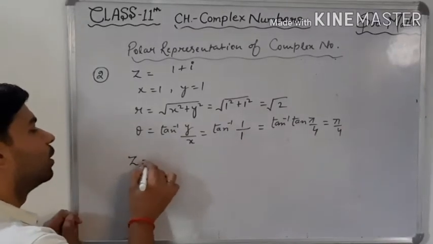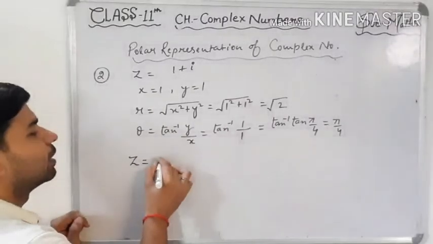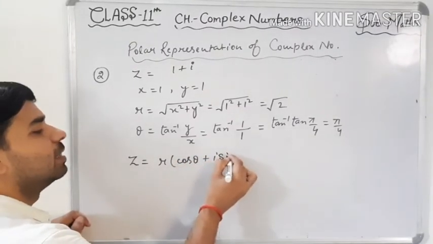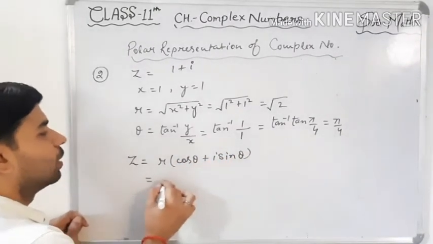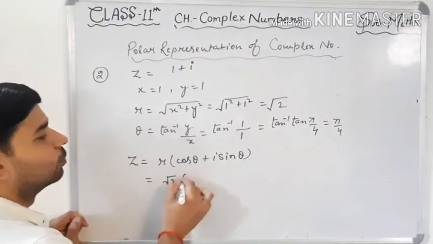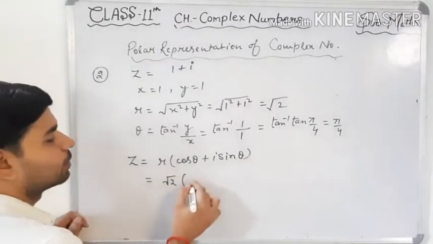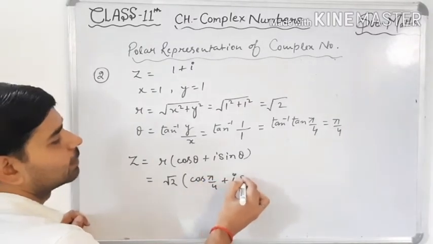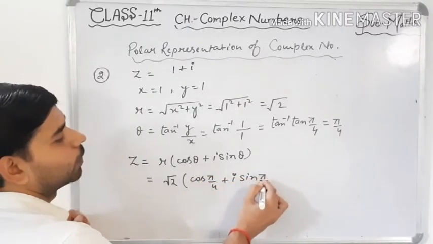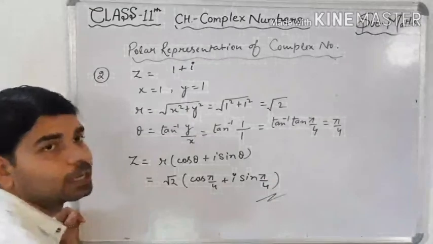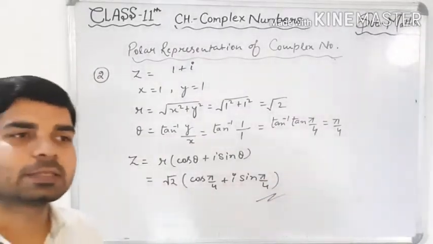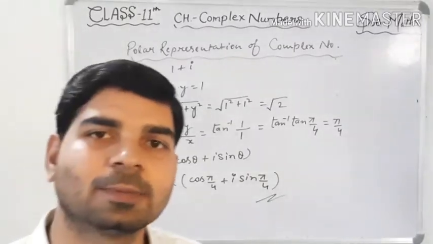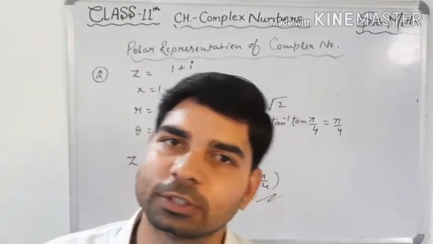Now the polar form of the given complex number is r cos theta plus i sin theta. The value of r is root 2. Cos theta is cos pi by 4 plus i sin pi by 4. This is the polar representation of the given complex number. So in this way you have to solve the other questions of the exercise. If you have any doubt in any question, then you can